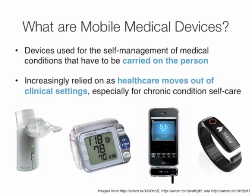So, what are mobile medical devices? They're devices used for the self-management of a medical condition and have to be carried on the person. Mobile medical devices are being increasingly relied on as care moves out of clinical settings, particularly for chronic conditions such